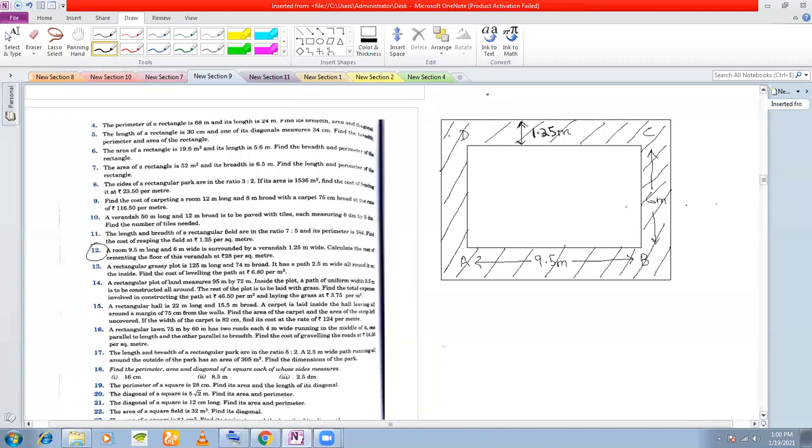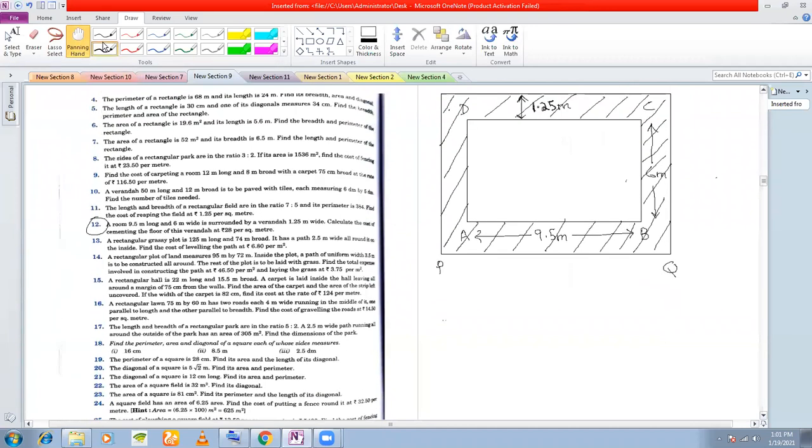And what is the area of this veranda that surrounds this room? It is this rectangle, the bigger rectangle. Let us call this rectangle PQRS. Bigger rectangle minus the smaller rectangle will give you the area of the shaded region, which is the area of your veranda. Once you get the area of the veranda, how much is the cost? 28 for 1 meter square. That means you multiply the area of the veranda with 28, you will get the total cost. So my first priority here is to find out the area of the veranda.